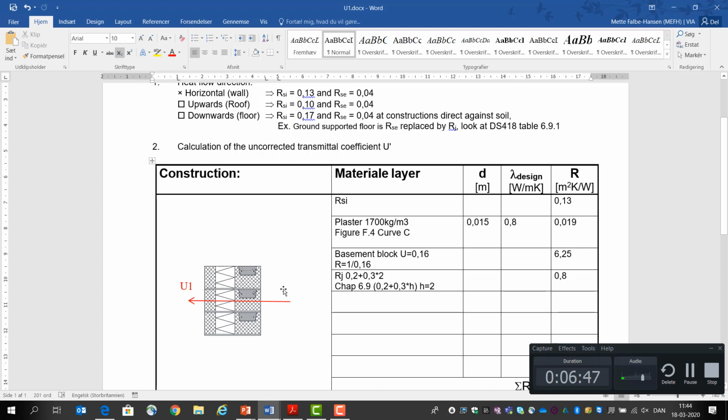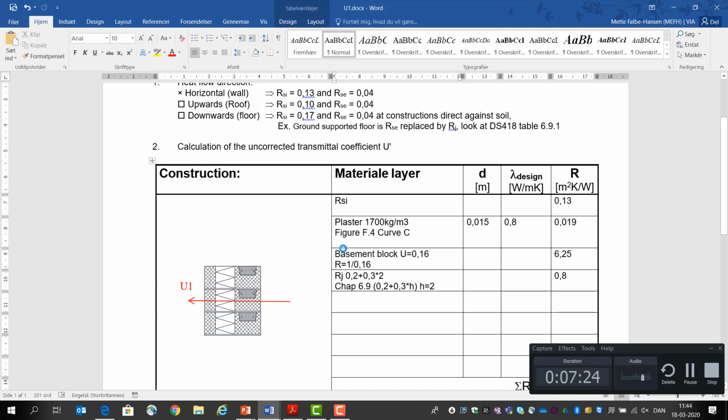0.13. Then the next we meet is the plaster we have here, and we have that from the description of the construction. And we know that it has a density of 1700 kilos per cubic meter. And we also know that it's 15 millimeters. So when we put the dimension in here, it will be 0.015 meter. Then we have to find the lambda value, and the lambda value we look up in DS 418,